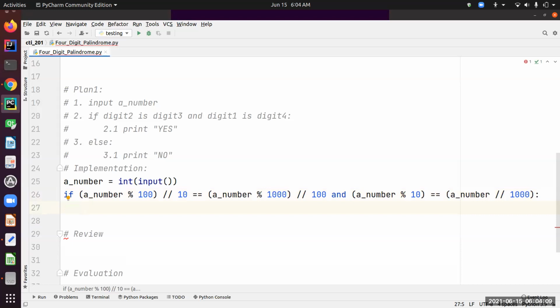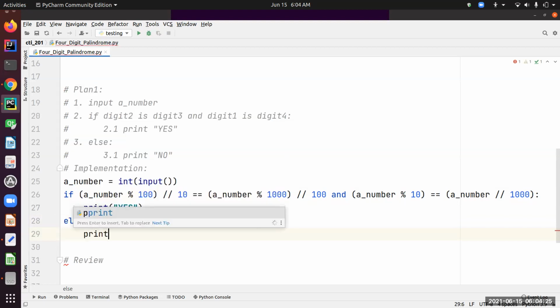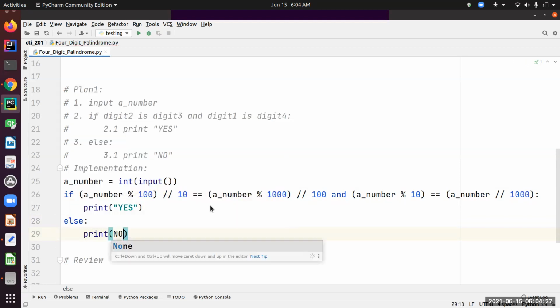All right, if this is the case, print yes. Okay, otherwise else, print no. Okay,